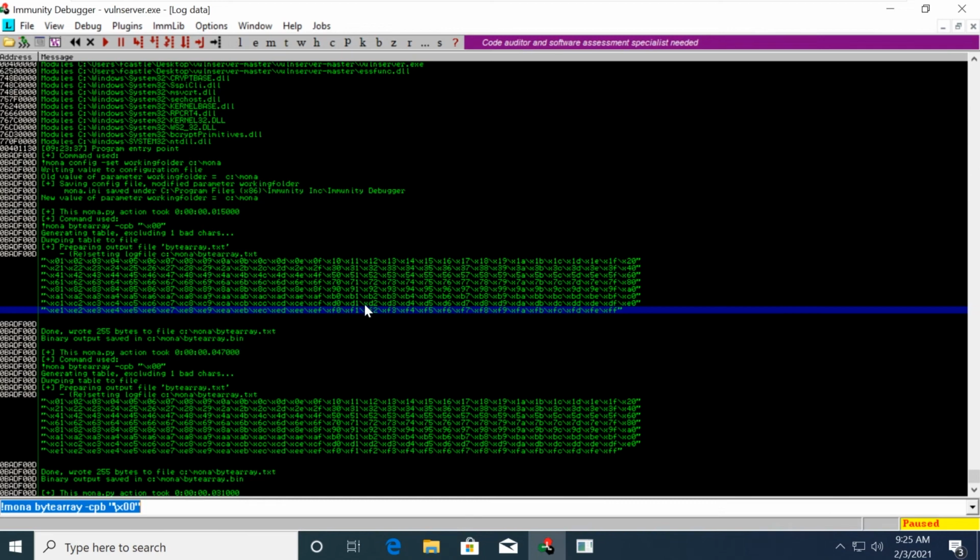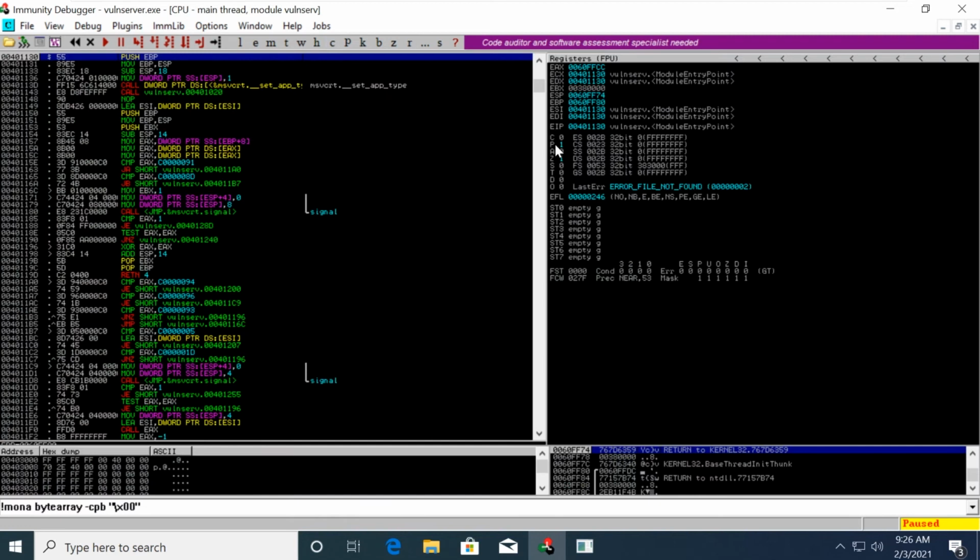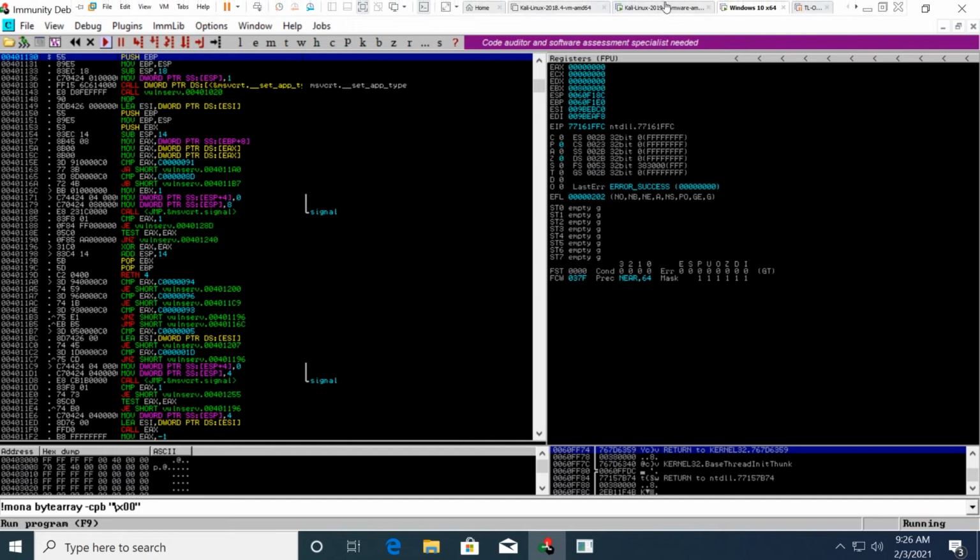So once we run this, I'm going to click the C up here. That's going to bring us back to our normal view. I'm going to hit play up here and let the program run. And then what I want to do on my side, and you can run your Python 2 script if you don't have a Python 3 put together yet,